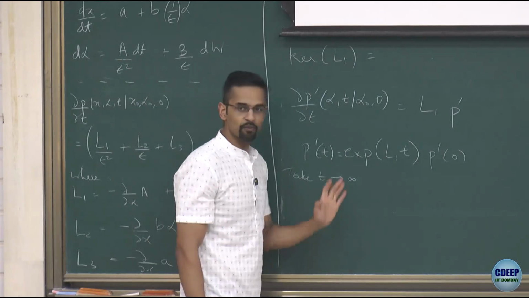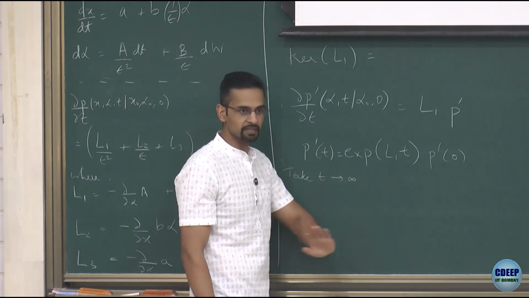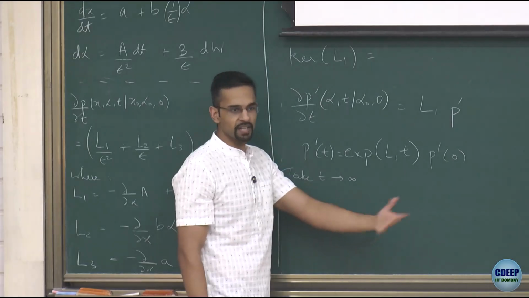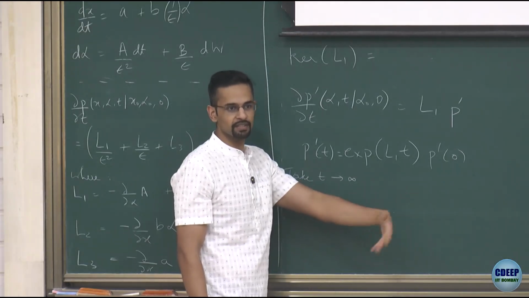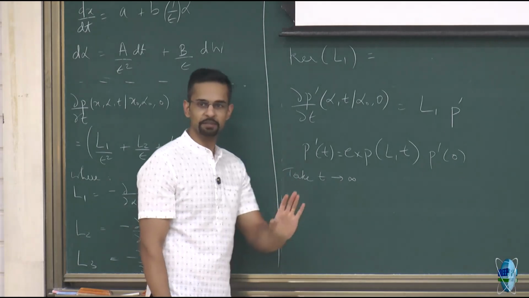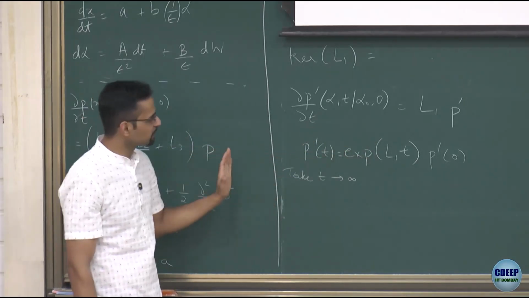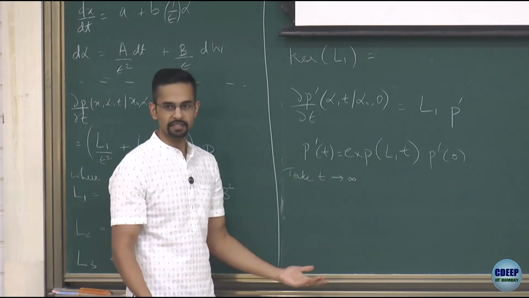So the only thing I know about alpha is it's a stochastic Markov process which is in the stationary regime. Right? That means the statistics are no longer changing. Only then I can look at its autocorrelation as only a function of the time interval. That's what we started with in the last class. So alpha is some stationary process. Therefore, its corresponding Fokker-Planck, we will be interested once this P prime has reached the stationary distribution.